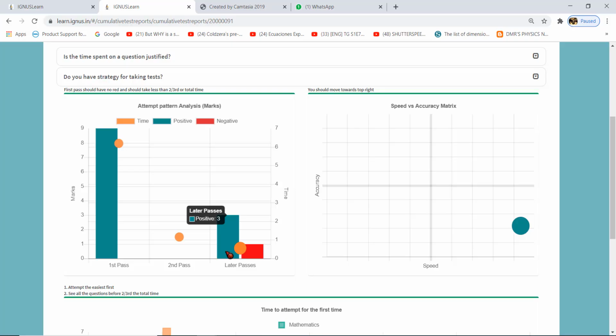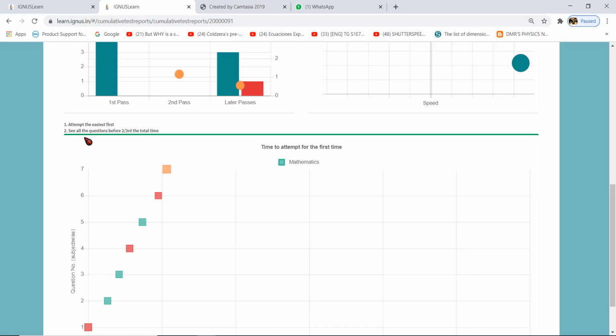In the third pass I got 3 marks positive and 1 mark negative and spent 0.55 minutes. On the right side you have the speed versus accuracy matrix. You should move towards the top right. If you are in the top right, that means your speed is high and accuracy is also high.